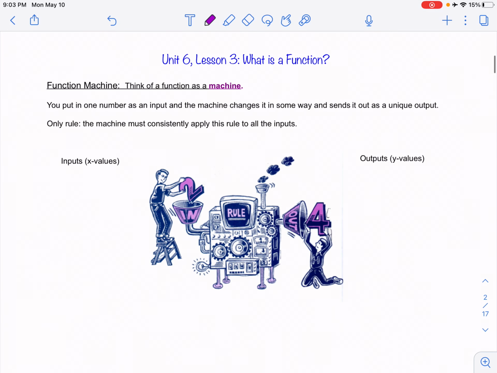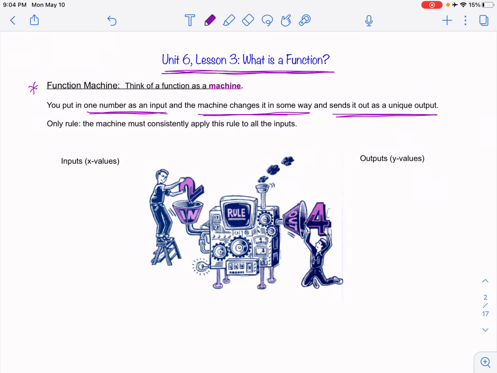Okay, so if you haven't written a title yet, you probably haven't because I didn't have it on the previous slide, sorry. So go ahead and write your title. This is Unit 6, Lesson 3. We're trying to figure out what is this concept of a function. Okay, so a function is like a machine. You put one number in as an input, the machine changes it some way, and it sends it out